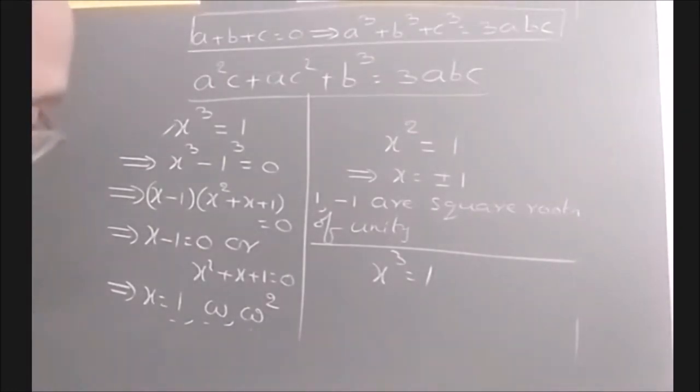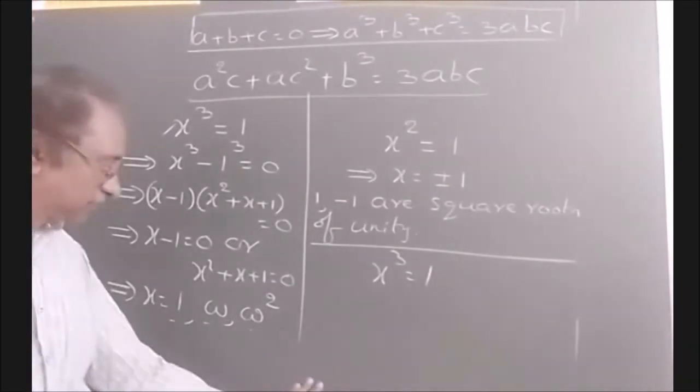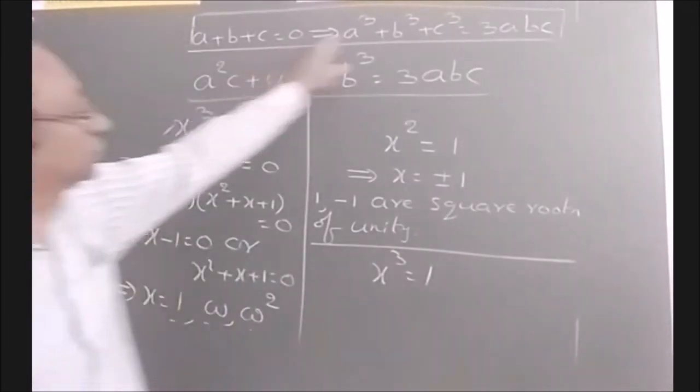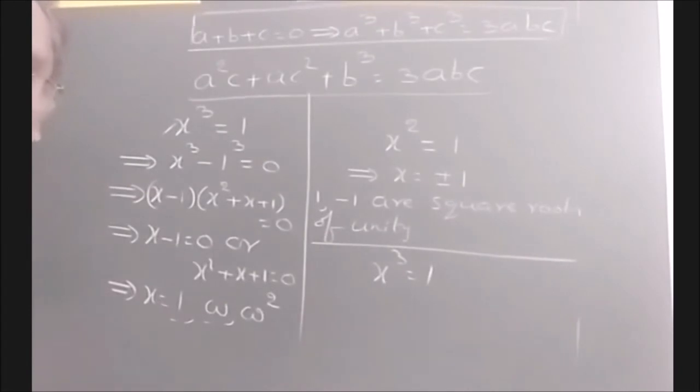Also, sir, what is the formula used for this in the top? a cube plus b cube plus c cube equal to 3abc. That is already in the previous problem; we got that. In the previous problem, there was the a plus b plus c is equal to 0 condition. So using this formula, we got this equation. If you expand that, you can understand. And now I will ask Rahul Rama.